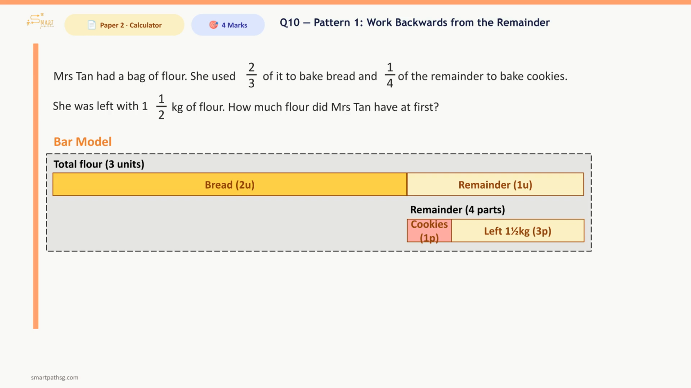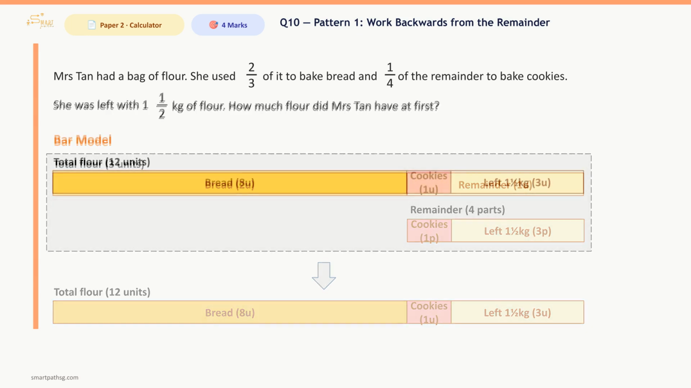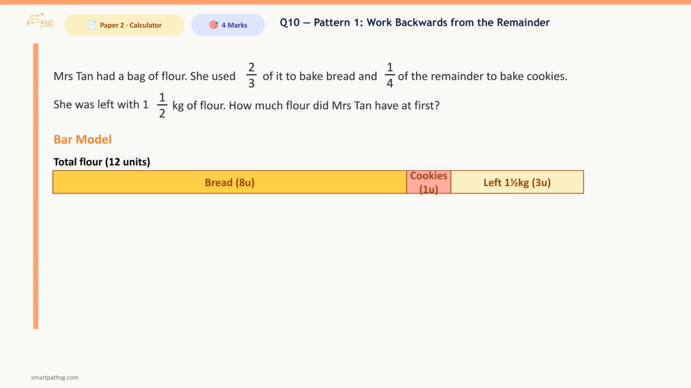Noticing that the remainder 1 unit needs to be divided into 4 parts, we could scale the original units from 3 to 3 times 4, 12 units. Then bread used 2 times 4, 8 units of flour, while cookies used 1 unit of flour, and 3 remaining units equals 1.5 kilograms. Once we have this consolidated bar model, the question becomes finding the whole given a part,